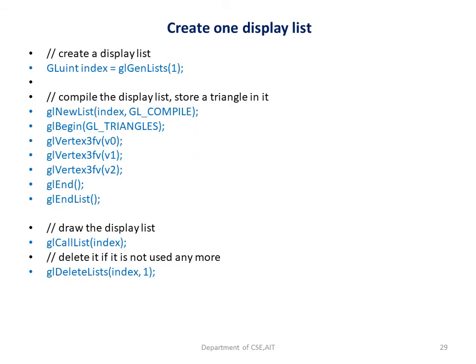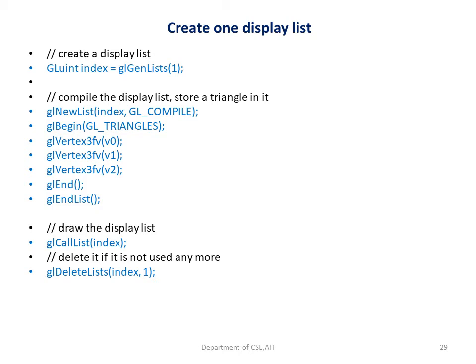Here we have illustrated all the APIs which are associated with the display list. A display list is nothing but a set of OpenGL APIs which are used for creating and executing an object without actually disturbing the main processor. We will have all this work done by another processor for computer graphics, which is called a display processor. So we should make use of special APIs whenever we are making use of the display list.